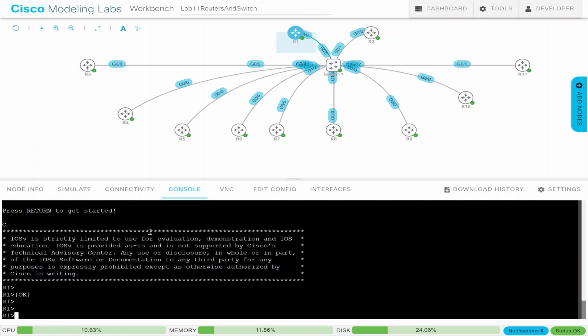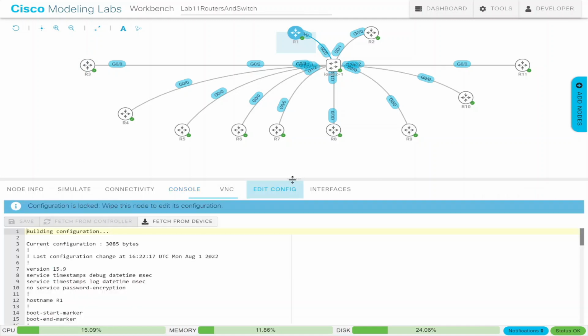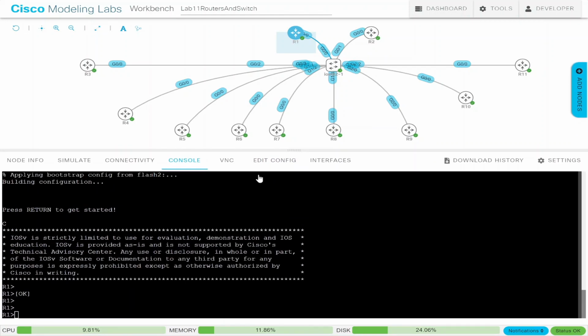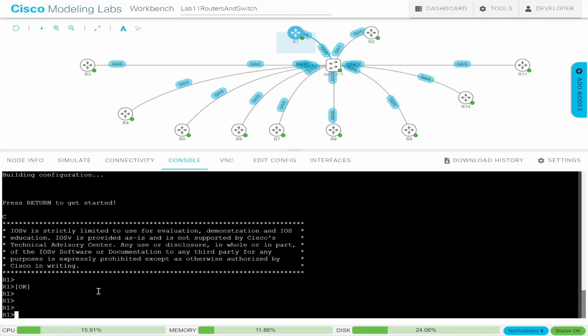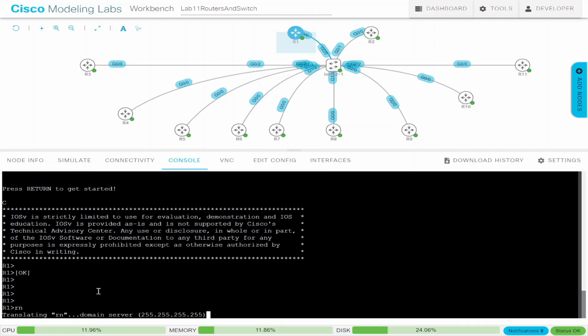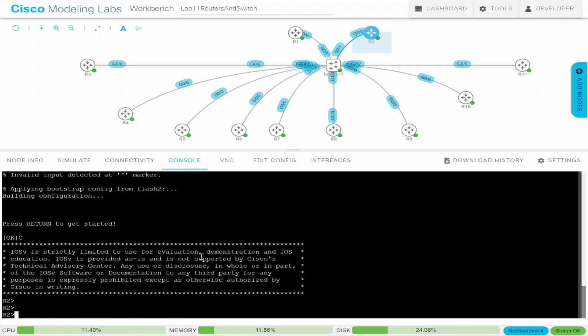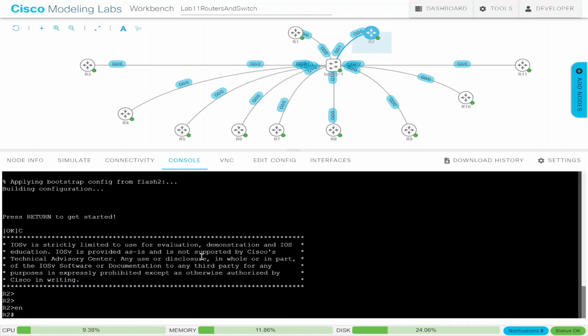So right off the bat, let's go into our console and bring this up a little bit. And we are on R1. And of course, I typed in the wrong command, so now we have to wait. So let's go to R2. This is live, not editing anything. So if I do a show ip ospf neighbor,